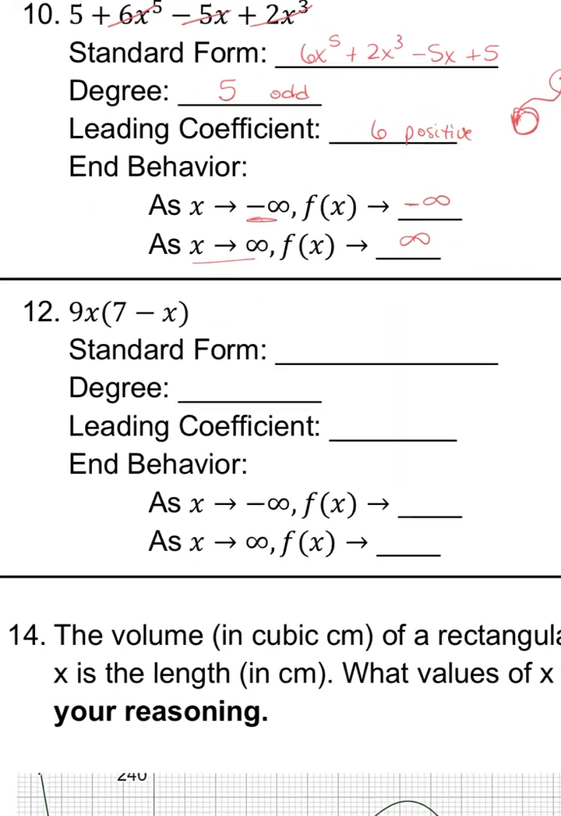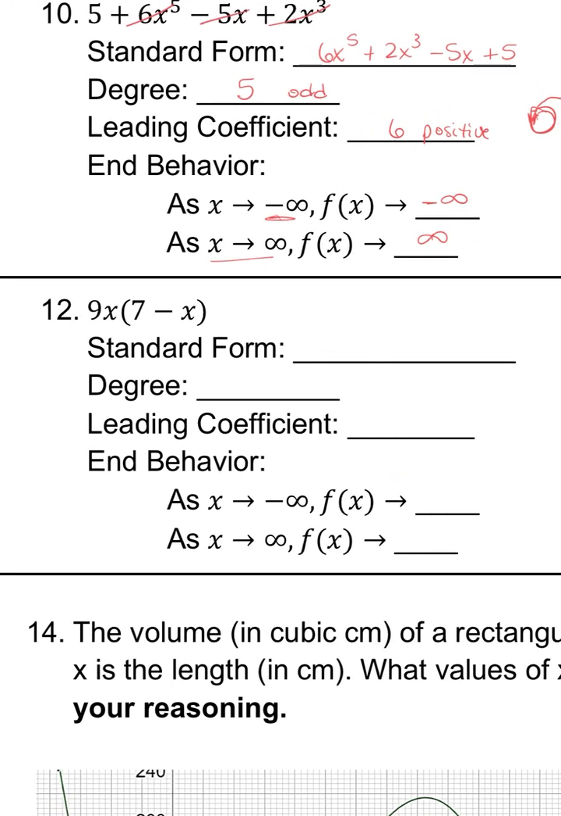All right, for this one, before you can start, you have to distribute. So 9x times 7 is 63x. 9x times negative x is going to give me negative 9x squared. So then to put that in standard form,